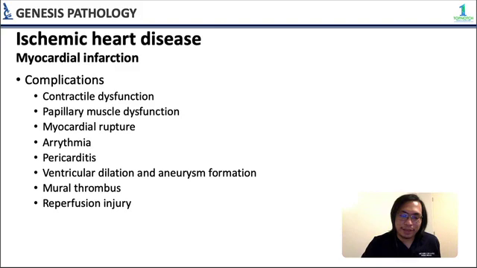Now, if you have ischemia of your papillary muscle, that can cause papillary muscle rupture. Usually, you can have new onset valvular regurgitation, usually mitral regurgitation. New onset valvular regurgitation. Okay? Myocardial rupture. Pwede,